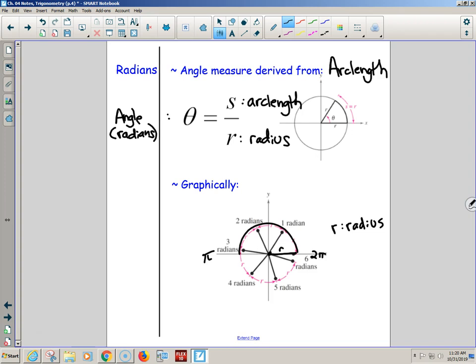Which, guys, a radius could be measured in miles or inches or feet or who knows what, and it could have a number other than 1, but we could just say, okay, the radius is 12 inches. Okay, sweet. So 12 inches is 1 radian, and 1 foot is 1 radian. And I can use that as 1 and 2 and 3 and 4. In my example, it'd be feet. But let's say that the radius was 3 inches. Well, this would be 1 3 inches measured around, 2 3 inches, 3 3 inches, pi 3 inches would get us halfway. 2 pi 3 inches would get us all the way around.